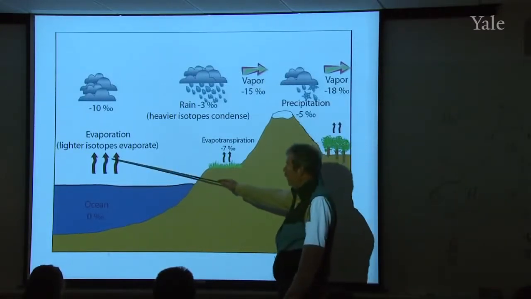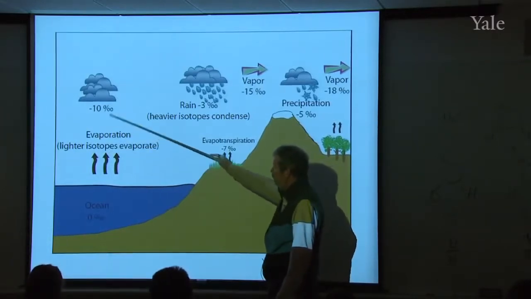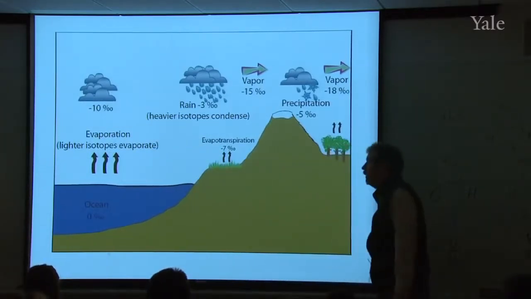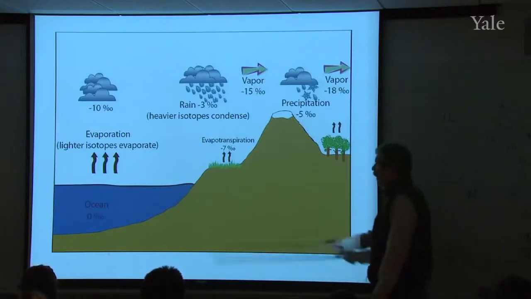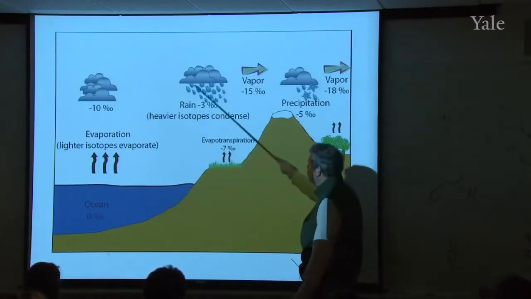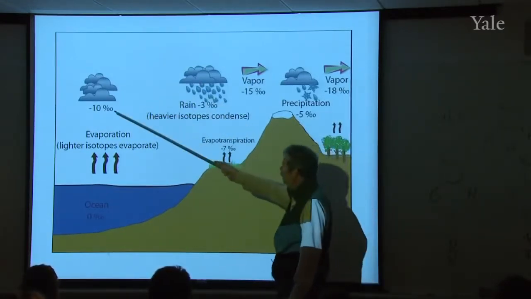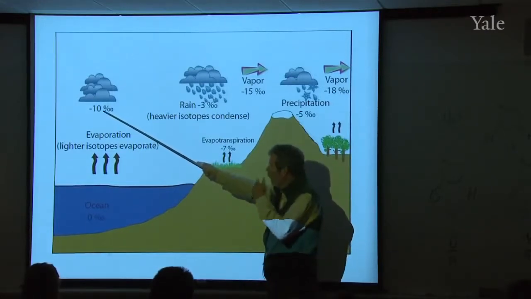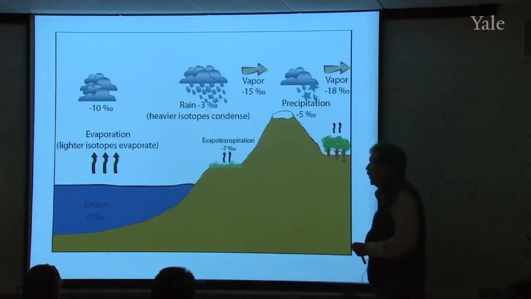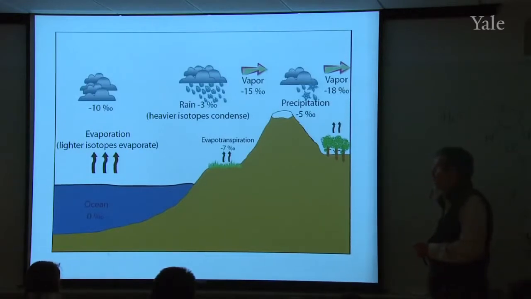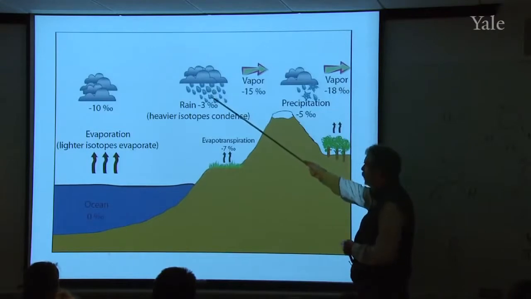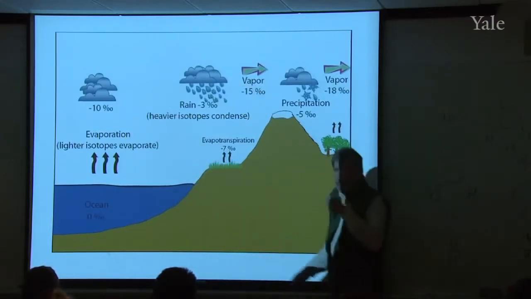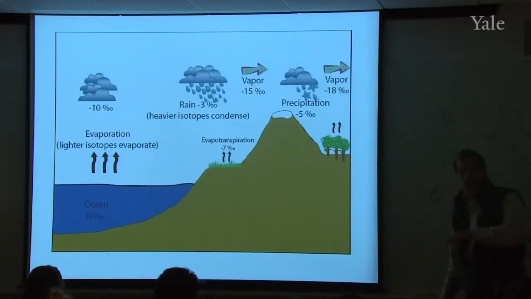When you evaporate, the lighter isotopes evaporate preferentially, and so the vapor you have in the atmosphere is typically going to be lighter than the ocean. It'll have a negative delta value. And then as you condense water out, the rain is going to be heavier than the vapor. So if the vapor is -10, the rain's going to be heavier than that, let's say -3. The remaining vapor, after you've removed some of the liquid, is going to be lighter still